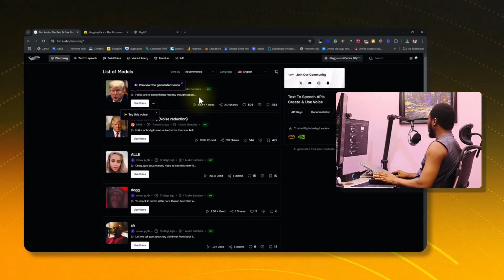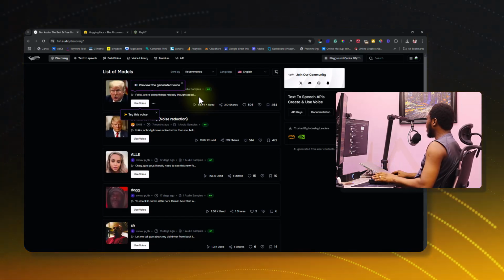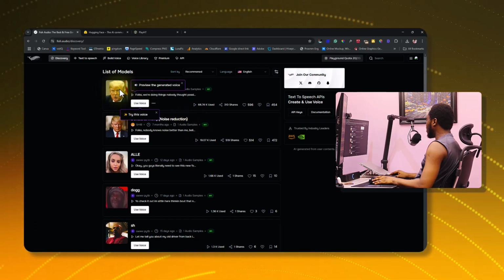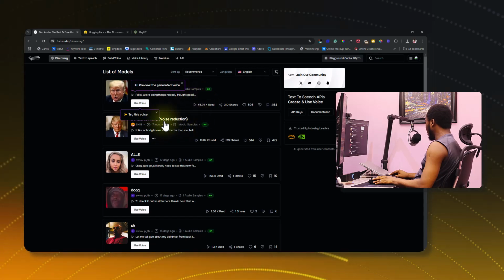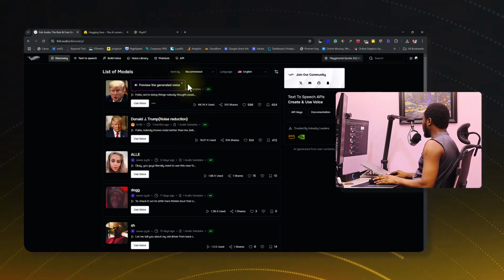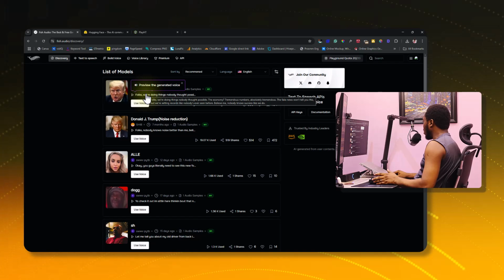From here we would see the library of models they have. You can see this is Donald Trump here. We have two of them. This one is a noise reduction. Also, there is a function here for us to preview this before we use it. So if we click on this,